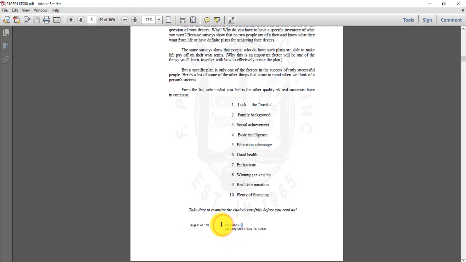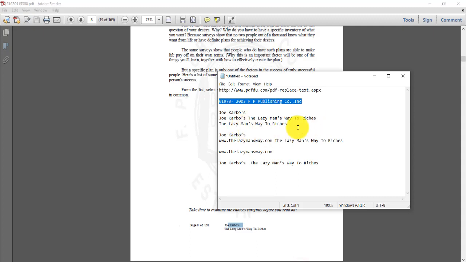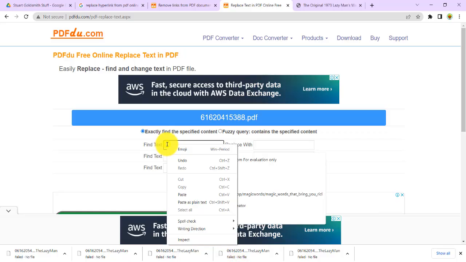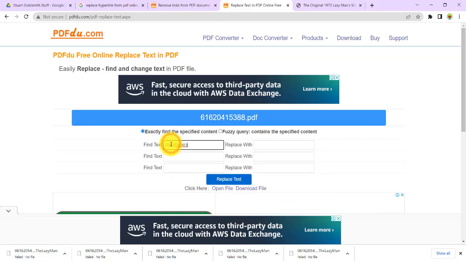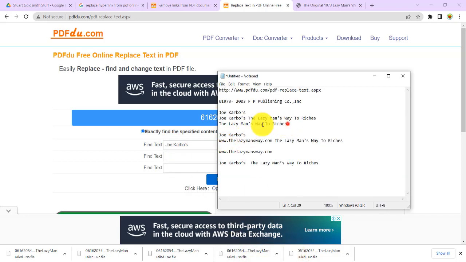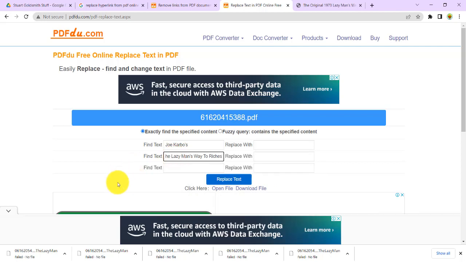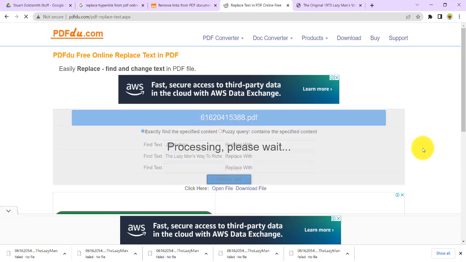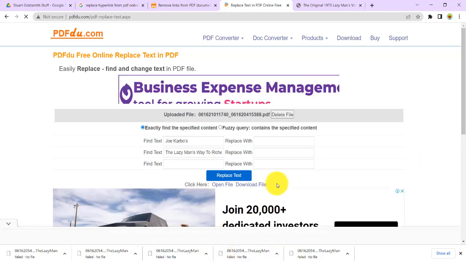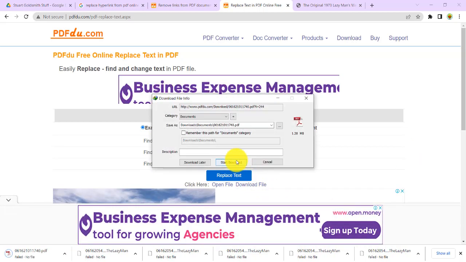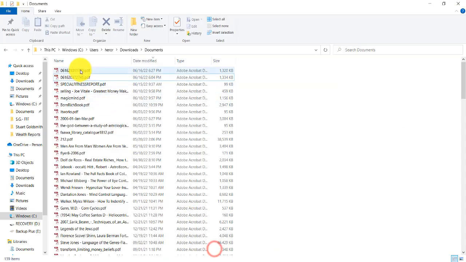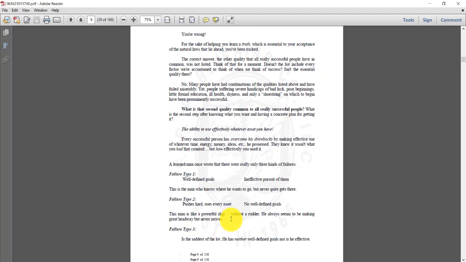See, I want to remove these two, job carbos and the lazy man way to riches. See, copy this one, and copy this one. Now I just want to replace it with a space. Now click on replace text. Now click on download file. This is the file. See,